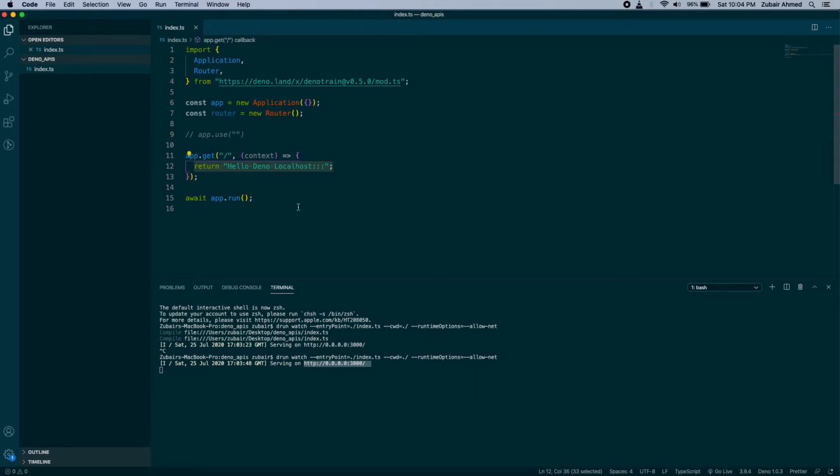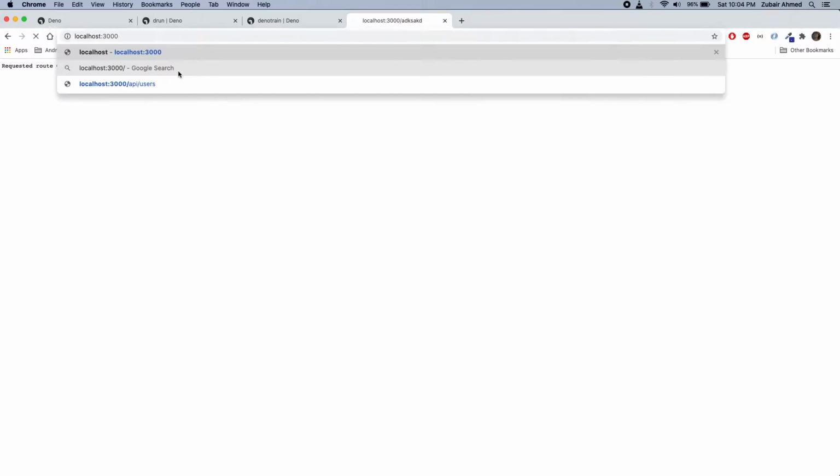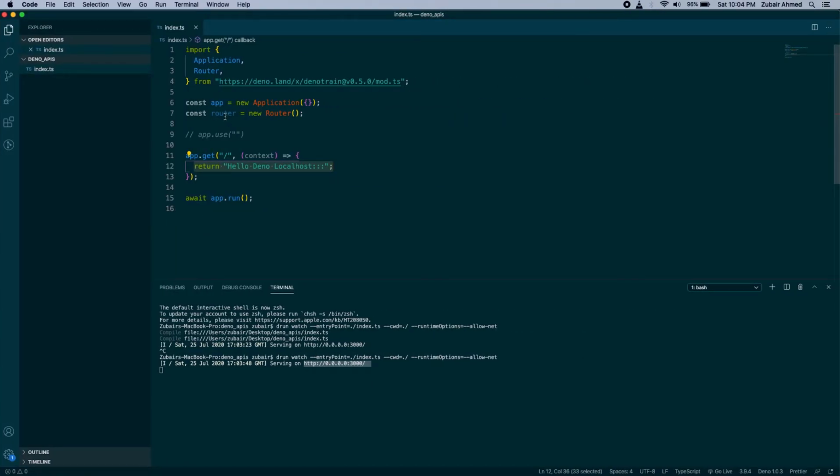These are the three simple steps, and you can see we are returning this string here in our root route. So if you write something else after the forward slash, let's say anything, and if you hit enter, it says this route is not found. So we will quickly see next how we can use this particular router to create our own API.